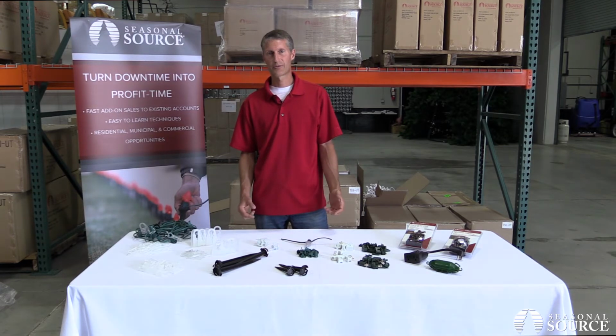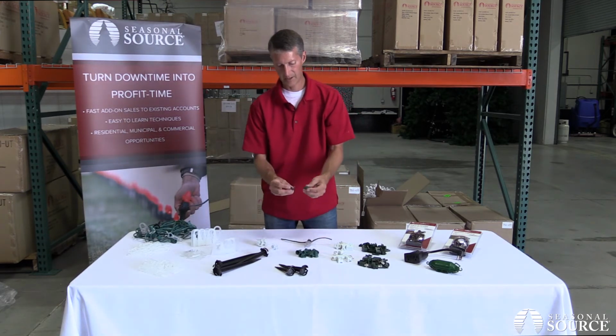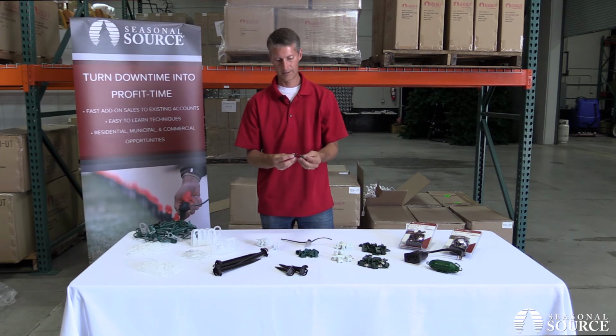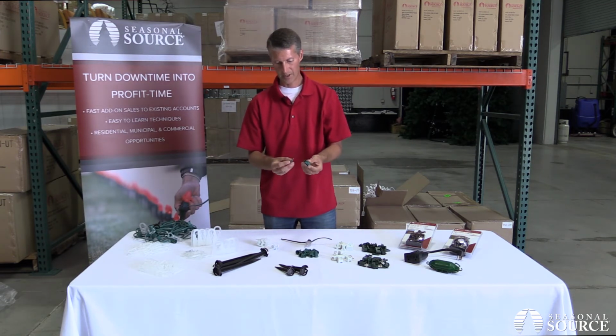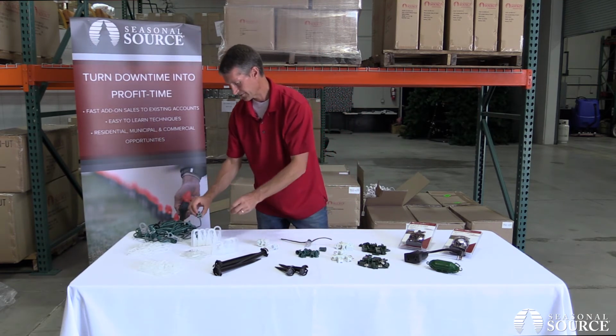Now, although you're not going to replace sockets very often, we just want you to understand how that works and how easy it is to replace a broken or a corroded socket. So the sockets will come in C7 and C9, and both will be available in white and in green. But it's quite simple for replacing those sockets. So typically, if you have